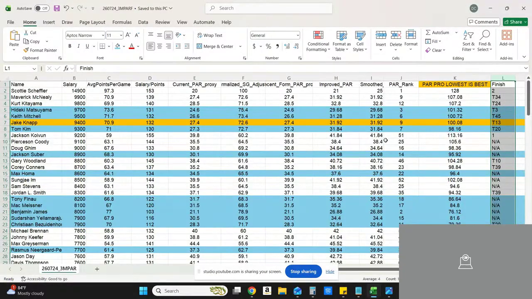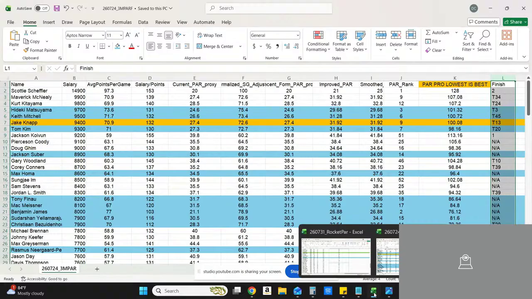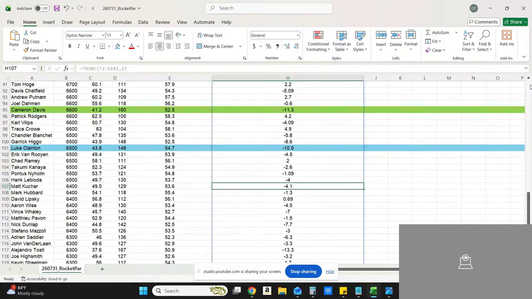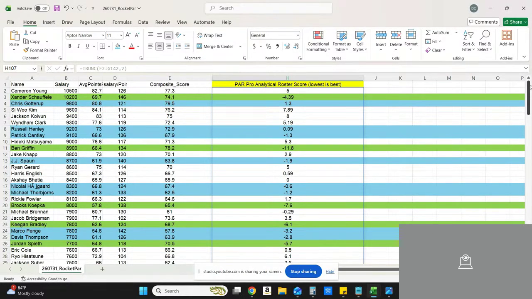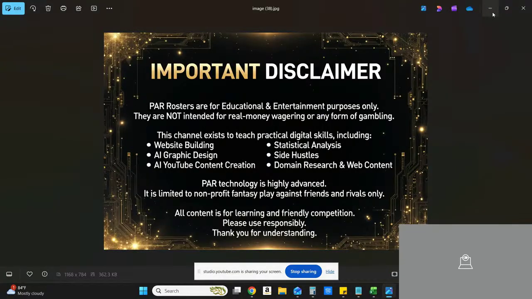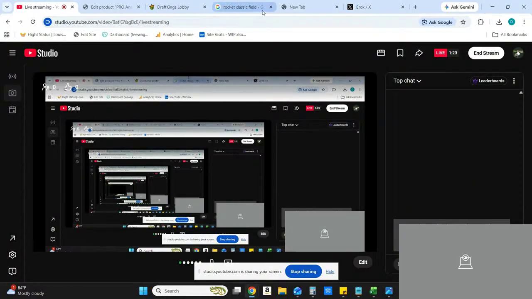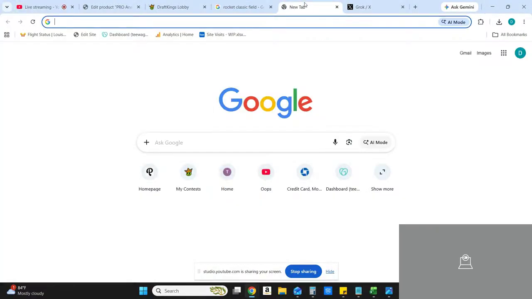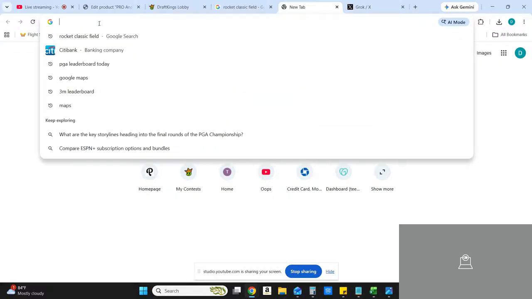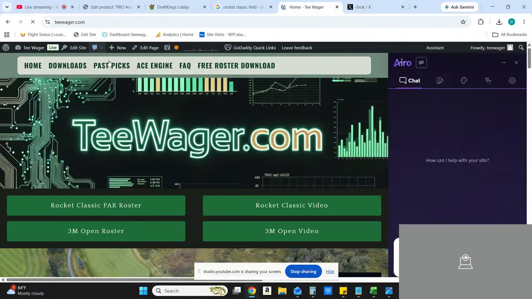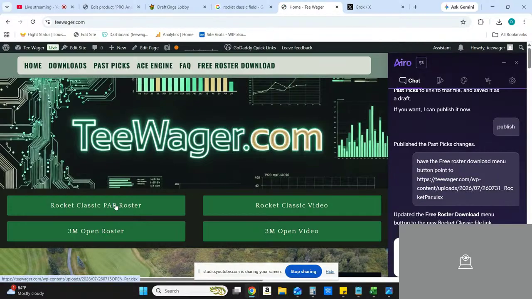Currently, the new PAR roster is out, and this is it here. This is for the Rocket Classic. If you want this roster, you can go to our home webpage, twager.com. Basically, you can either click on the Rocket Classic to get the roster or the free roster download. So if you want to navigate out there, we're going to do a quick video here and